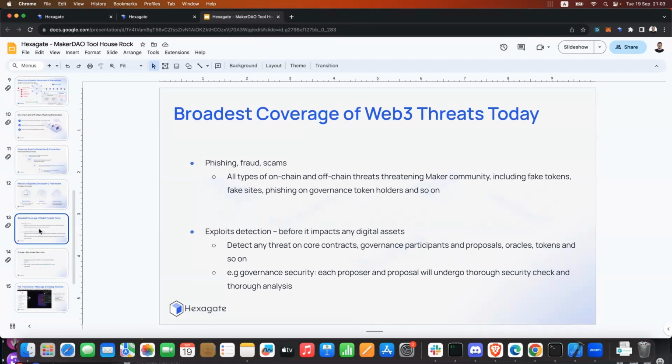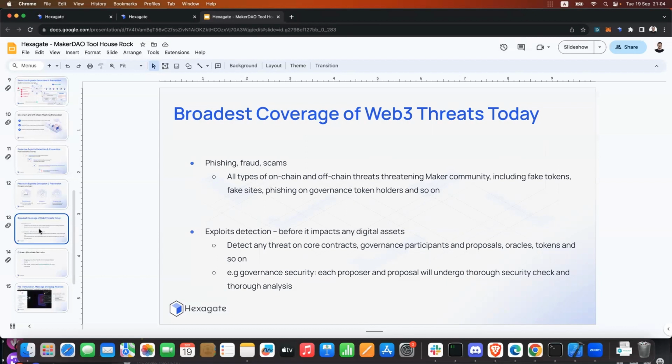The proposal will undergo a very thorough analysis before it's even executed. And of course, the entire community will benefit from alerts, so that users are not targeted on the governance.